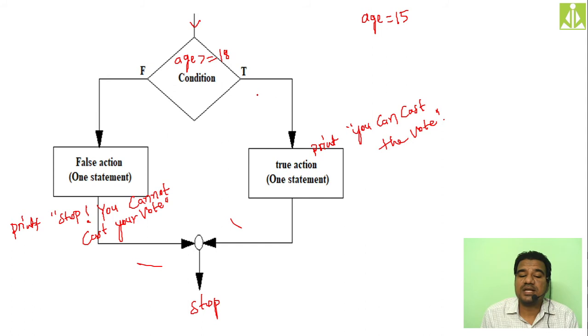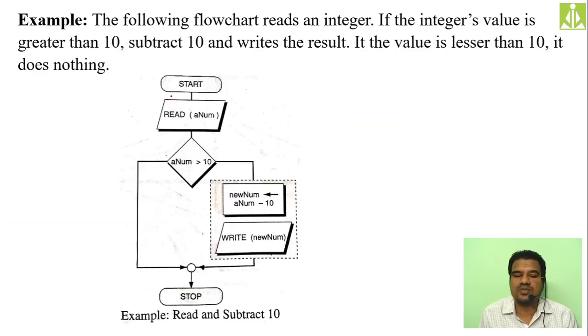So this is a two-way selection statement because we have only two possible paths, and from these two possible paths we need to select any one path and skip the other path. Because of this reason we call it a two-way selection statement. And the next one is the multi-way selection statement. See, this flow chart will explain a lot of things. So that's the reason we need to discuss this flow chart.